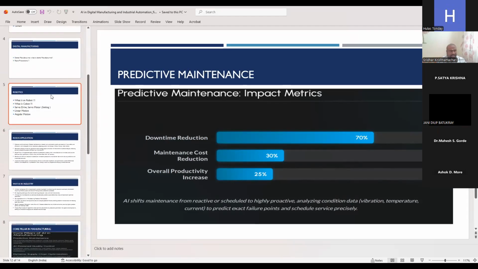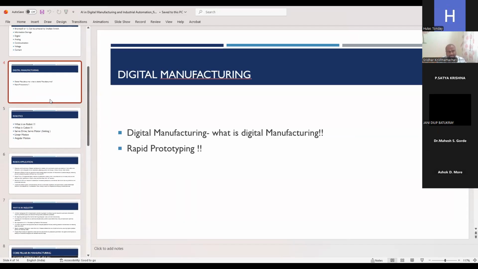And once again, I would like to take you to digital manufacturing and robots. So you got to know what 3D printers are, right? 3D printing is nothing but converting pixels into 3D form. What are the pixels in 3D form? Can someone say? In 2D, it's pixels. In 3D?